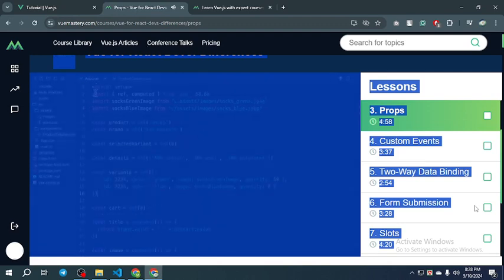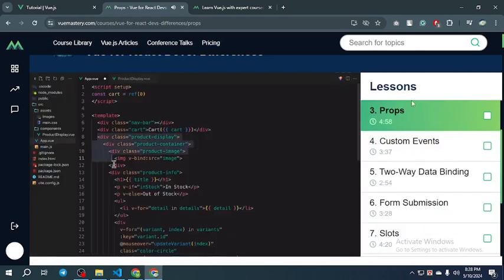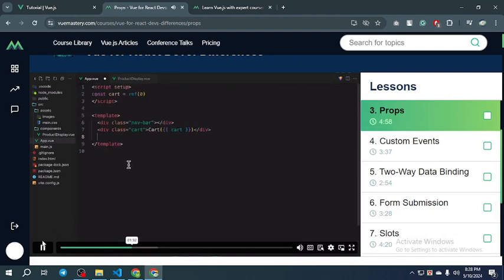Back in App.vue, we have to remove all the code that we just copied to the new component. And remove this. Since we're